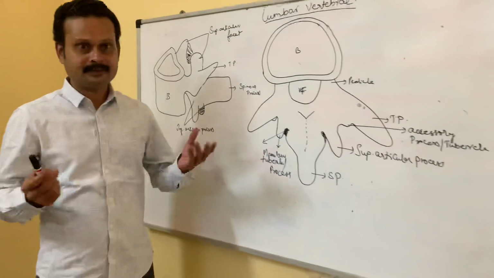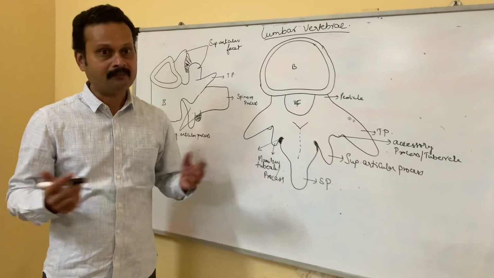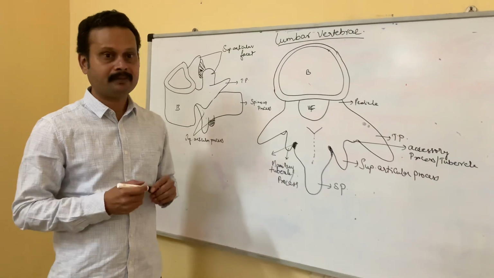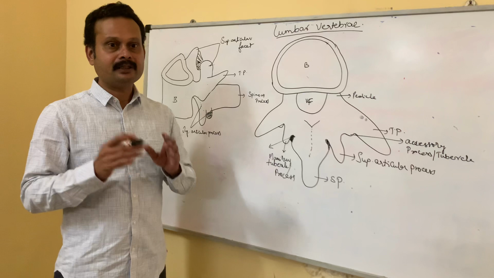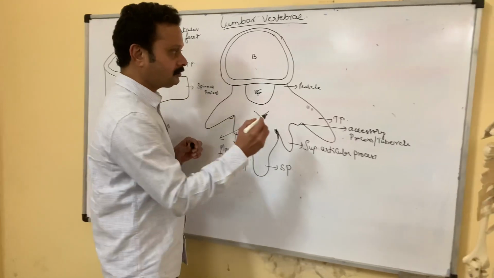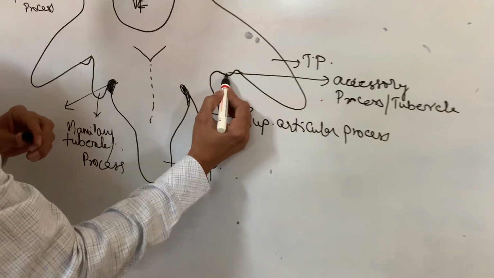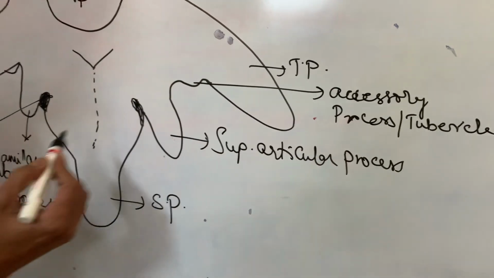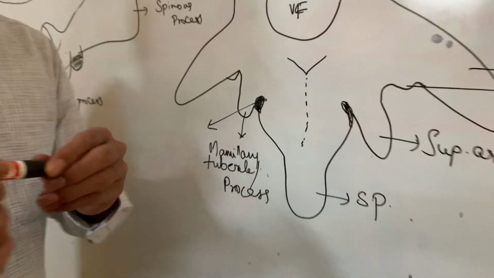Hi, let us today discuss the lumbar vertebrae. There are 5 lumbar vertebrae, of which the first 4 are typical lumbar vertebrae and the last one is an atypical lumbar vertebra. Lumbar vertebrae differ from cervical and thoracic vertebrae by the presence of two processes: the accessory process along the root of the transverse process, and the mammillary process along the posterior border of the superior articular facet. We'll talk about it later.